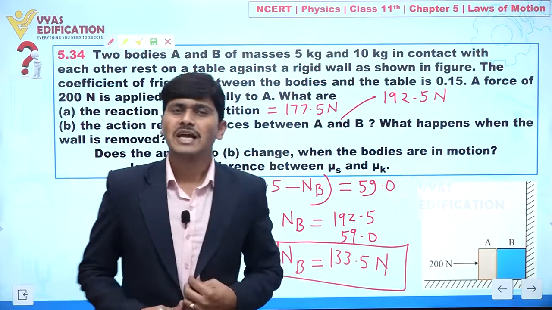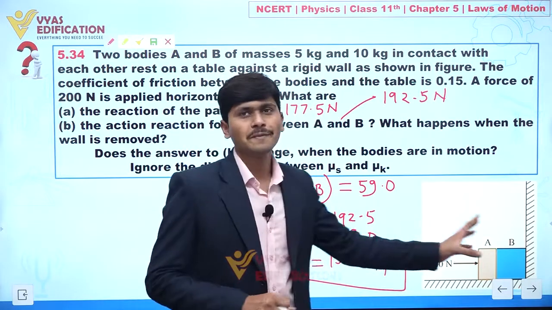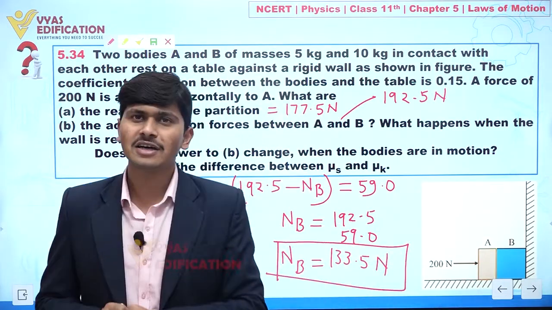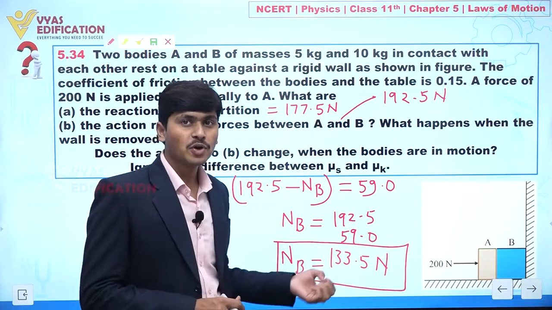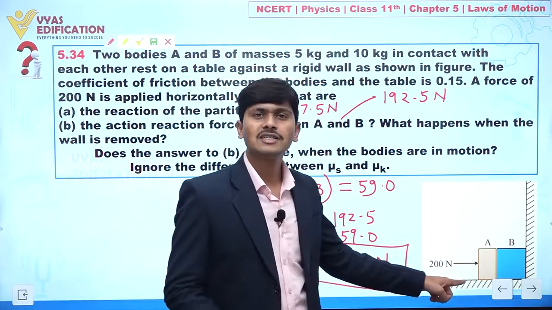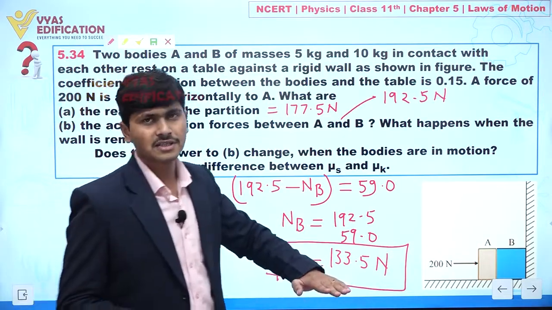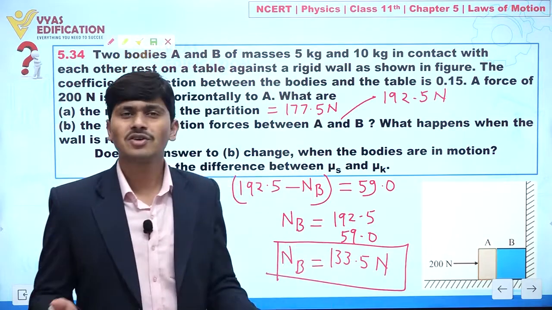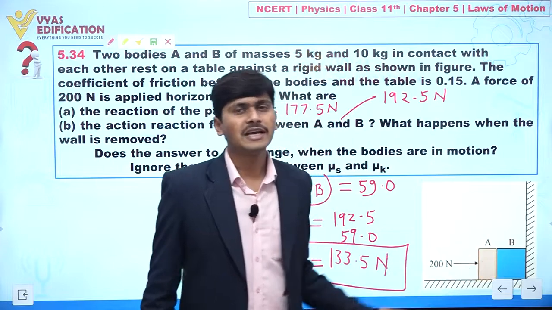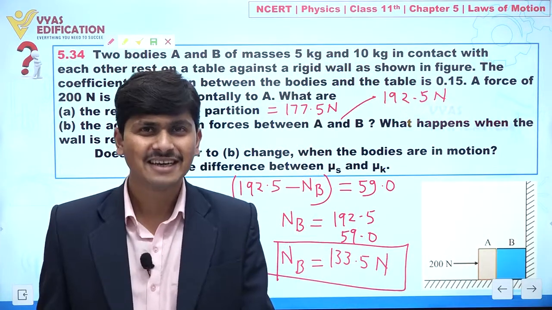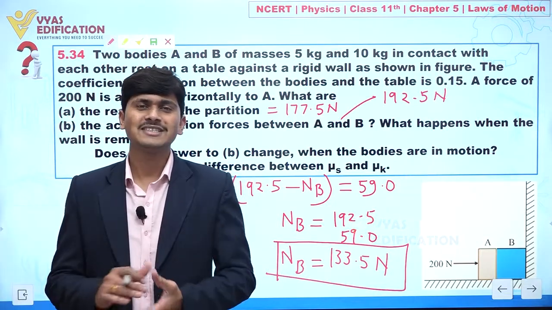So when we remove the partition wall, the total system comes into motion, and it will move under the combined acceleration A, because the external force exerted is greater than the friction force acting between the blocks and the surface. We have calculated the total acceleration. After that we also calculated the normal reaction force, and definitely you can say this decreases. So my dear students, this is all about this question. Hope you understand this question.